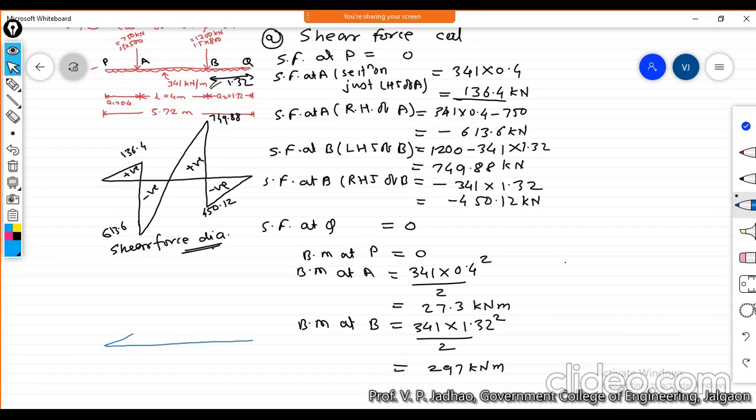At point B that is 297, so it will be something like this. This is 297 and this is 27.3. Okay, now for the bending moment between this point A and this point B,